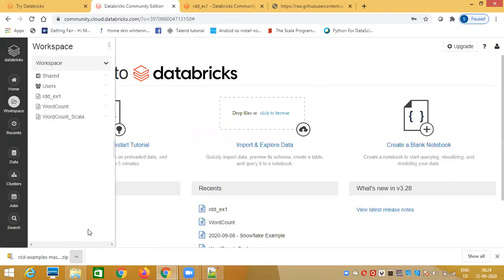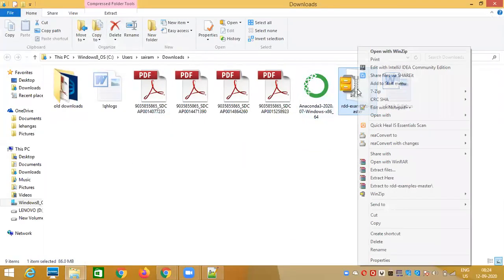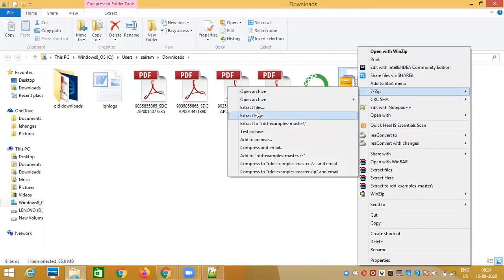So let me quickly extract it. Everybody, don't keep a backlog, otherwise other people will get hampered.